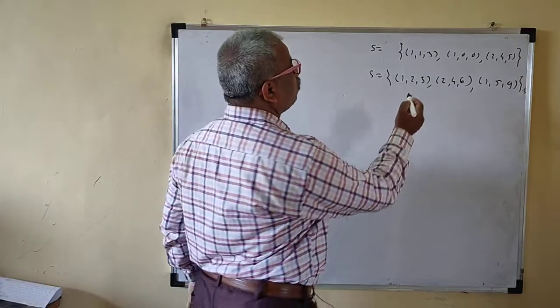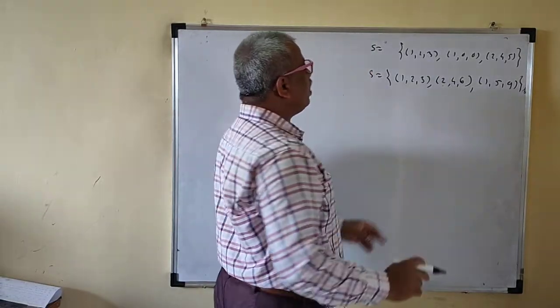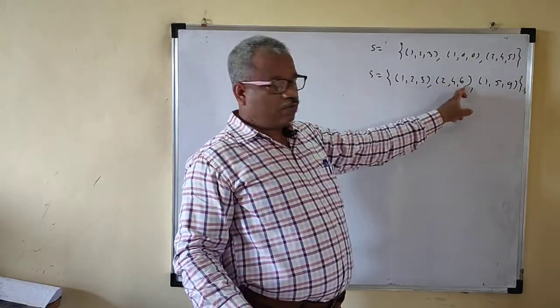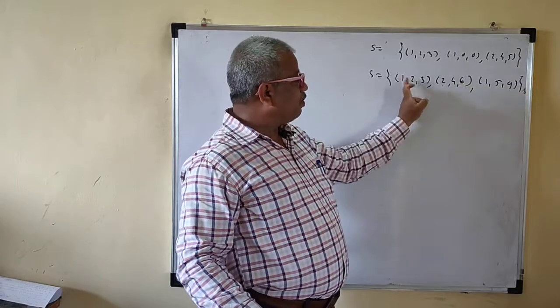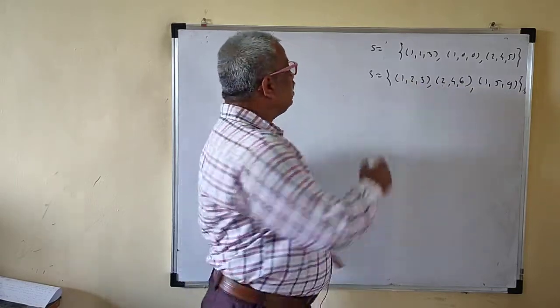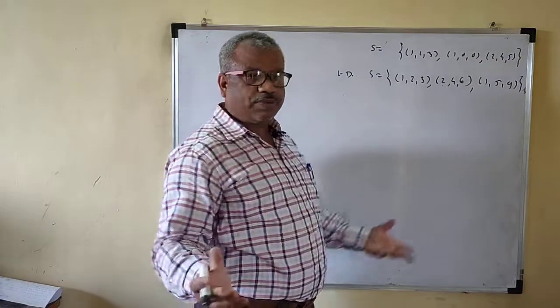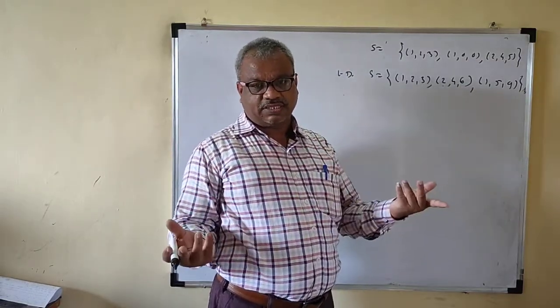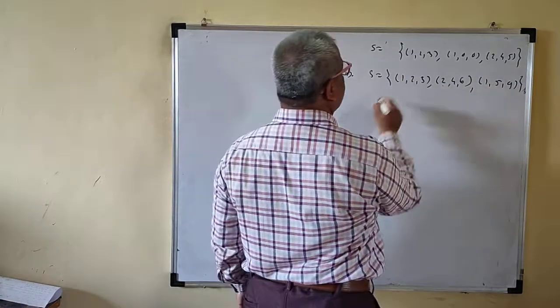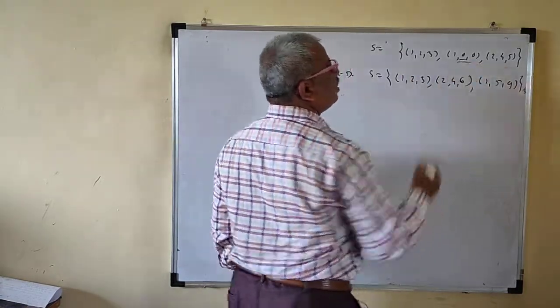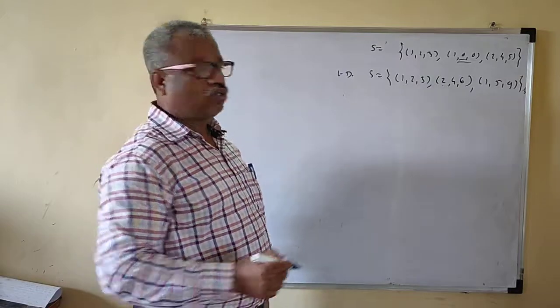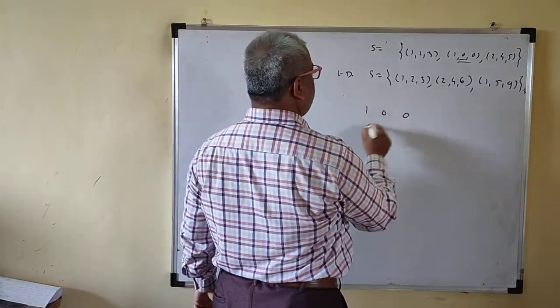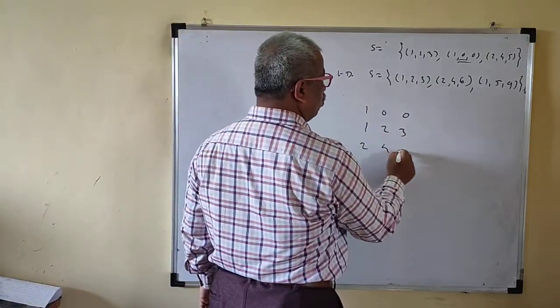Okay, so we'll check here. Now see here, by observation you can check: this is 2, 6, 2, 4, 6. If you multiply by 2 here, you get this one. So this is linearly dependent, and if a set is linearly dependent it will not be a basis. Okay, now here we will check the other set. This vector contains more zeros, so we write it in the first row. Then 1, 2, 3, then 2, 4, 5.